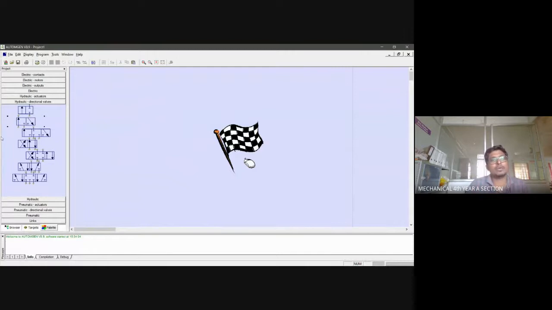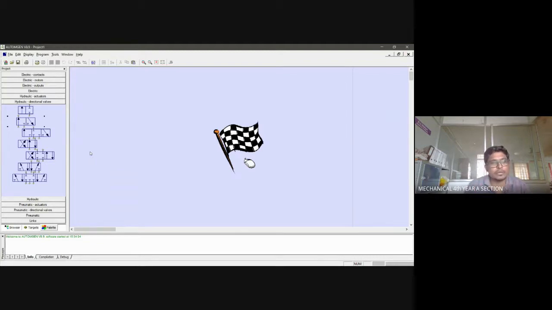Here, I'm going to handle a class on how a basic pneumatic kit works. For example, the sequence is A plus B plus A minus and B minus. Note down the sequence. It is a basic pneumatic kit with the sequence A plus B plus A minus and B minus.